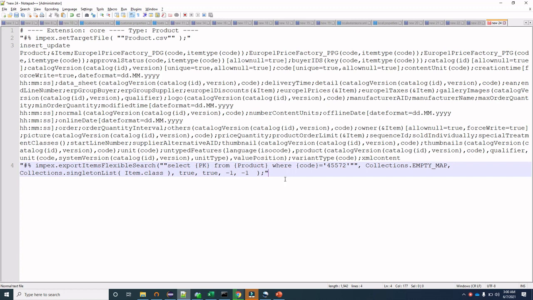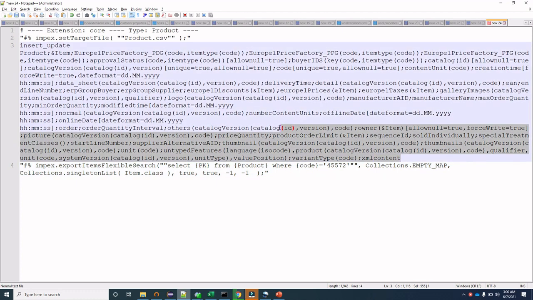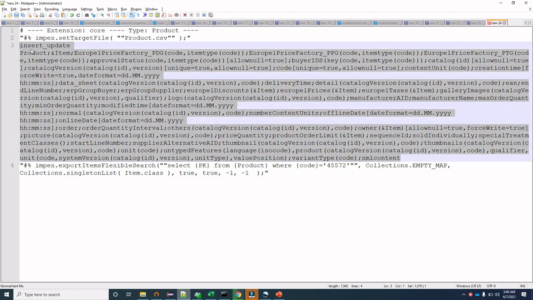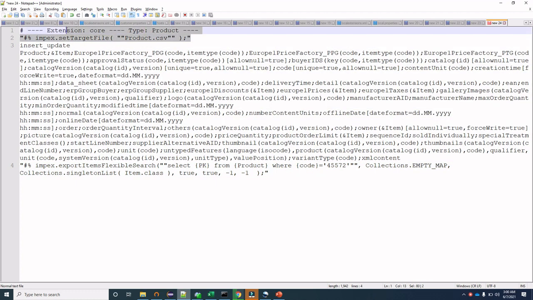For that, whatever data you want to copy, you have to write the insert update command in here. You have to put the target file in here, and here you have to put the pk: select pk from product where code equals the product code for which you want to do the export. Okay, so this is the important point. It should be impex.exportItemsFlexibleSearch.